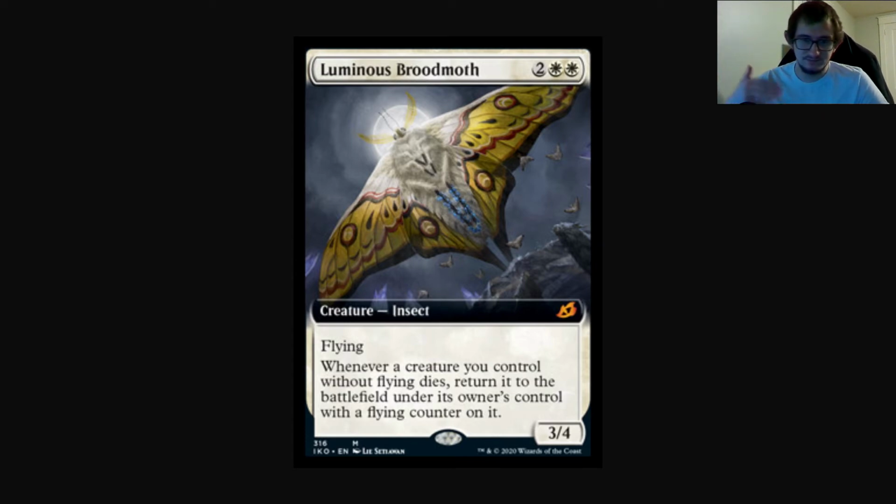However, there are a lot of cool things you can do with this card that give you a lot of value. A 4 mana 3/4 flyer isn't bad. By today's standards it's not super great, but it can be aggressive. You could play this in a white weenie strategy, and the fact that your creatures essentially have undying and get a flying counter put on them